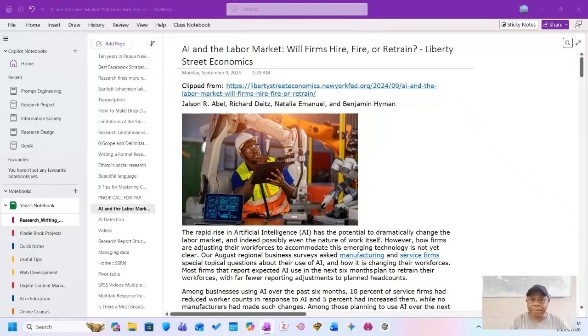Did you know that Microsoft OneNote can do the same thing as Google Notebook LM? Yes, now Microsoft OneNote can do so many things that are similar to Google Notebook LM. The reason is that Microsoft recently integrated Copilot into all the Microsoft apps that we're using every day for